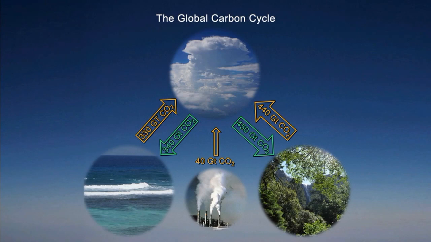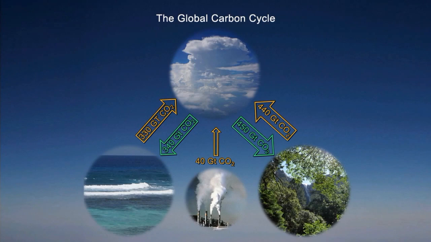Same thing, you see the trees over here. Remember back when we were kids in grade school, our teachers would tell us about photosynthesis and trees growing. And so when that photosynthesis happens and the trees grow, they actually take carbon dioxide out of the atmosphere and use it to build themselves, to build the leaves and the stems and the roots. And then when they fall down in the fall and they degrade, they put that carbon dioxide back up.